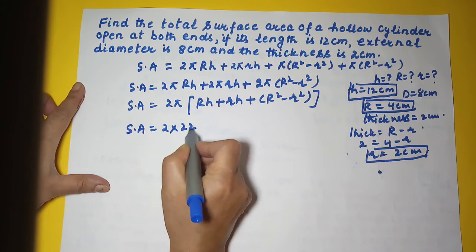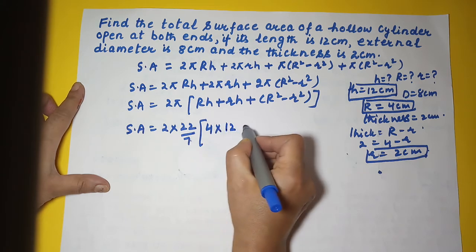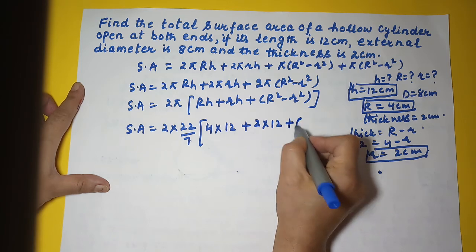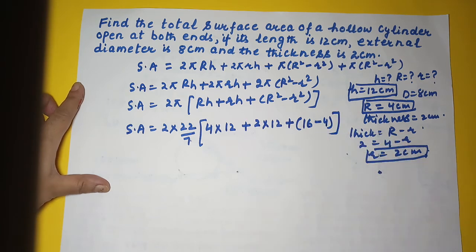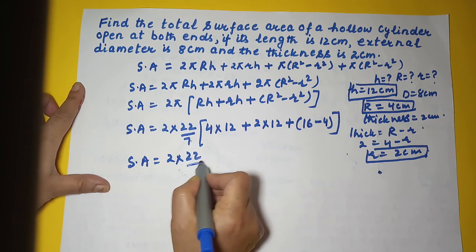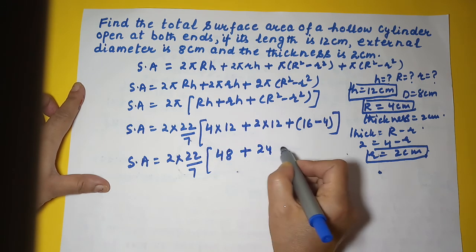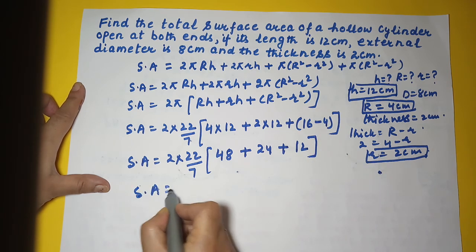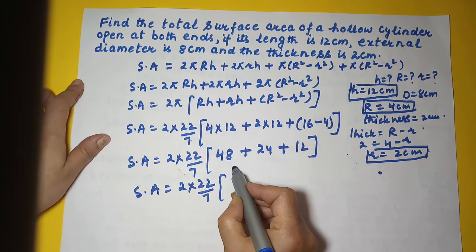Now 2 into 22 by 7. What is my R? 4. What is my h? 12. What is my small r? 2. What is my h? 12. Plus R square is 16 minus 4. Right? So do not multiply it till the end, as I have already told you that things will get cancelled. You should wait till the end. 24 plus 16 minus 4 is 12. So your 22 by 7 into 48, 8 and 4, 12,